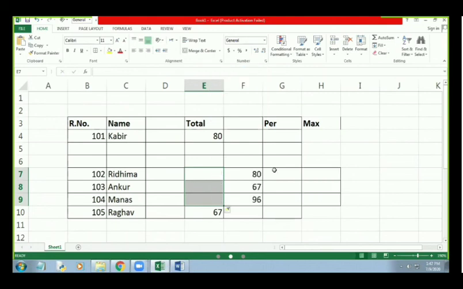In this way you can see we have inserted blank cells here and the previous data has been shifted to the right.